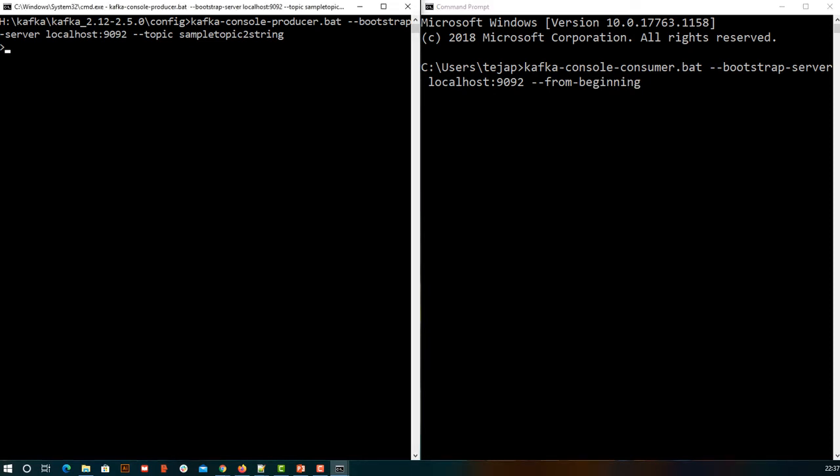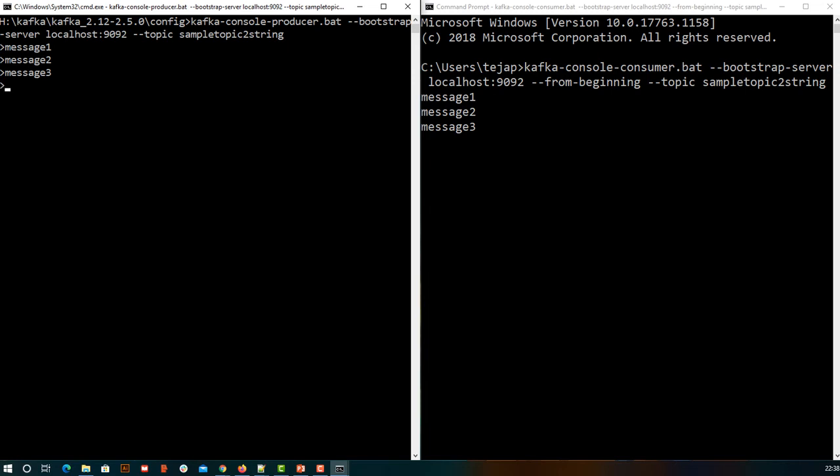But I want to consume from the beginning. Before producing itself, I select the producer, and message 1 is what I produced, message 2 is what I produced, but on the consumer side I am saying consume from beginning. Though you are starting after 2 messages are already on the queue, I don't care, I want you to consume from the very beginning of the queue. That was our last option. After that we need to tell what the topic is, sample-topic-2. Now let me create this consumer. So it should start consuming from the beginning. It consumed message 1, message 2, and if I have message 3, that will be consumed as well.